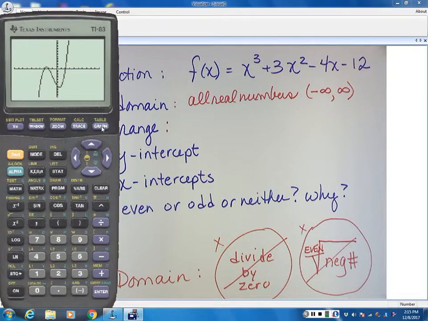Okay? That's going to happen for any function that has an odd degree term. I can go back over here and I can change that 3 to a 5, and it's still going to do the same thing. It's going to shift the wiggly part of it around, but it still goes down forever and up forever. But if it was like 2, it would go up or down. If I delete out that first term and just use 3x squared minus 4x minus 12,